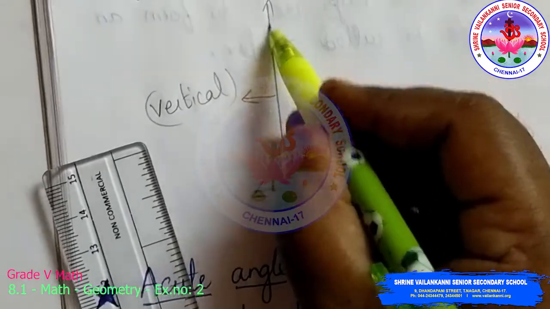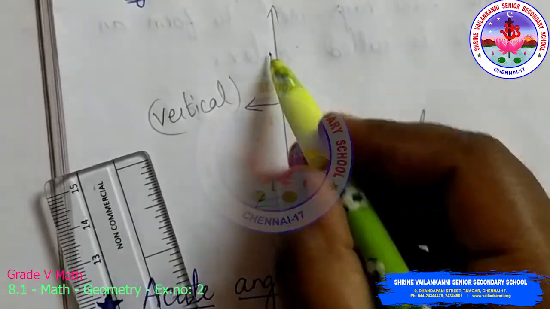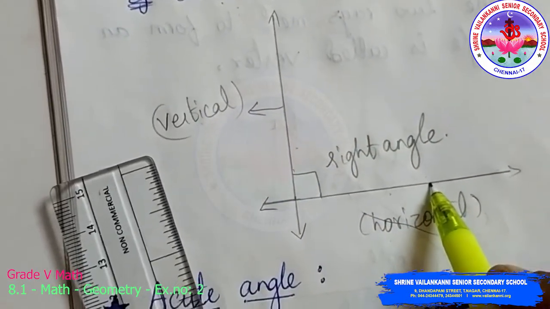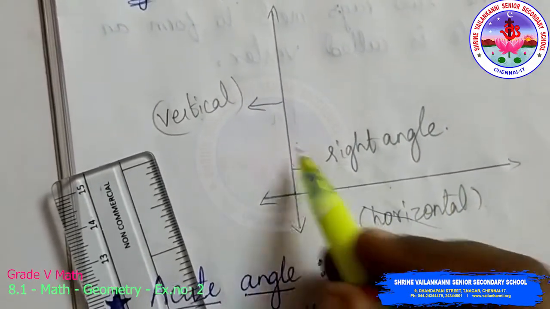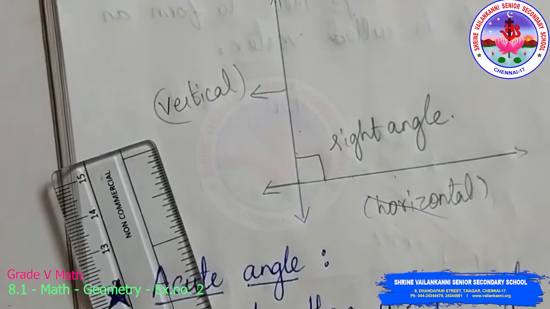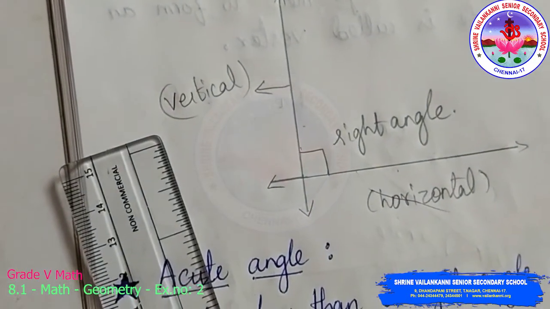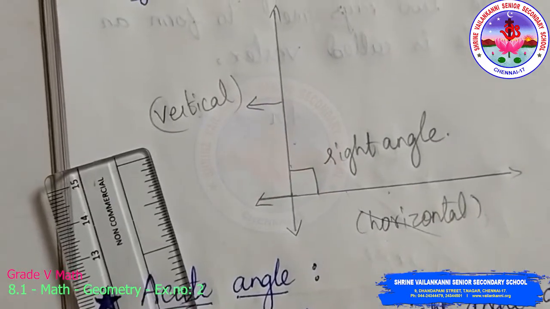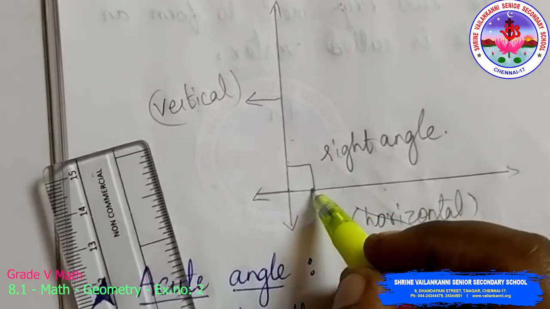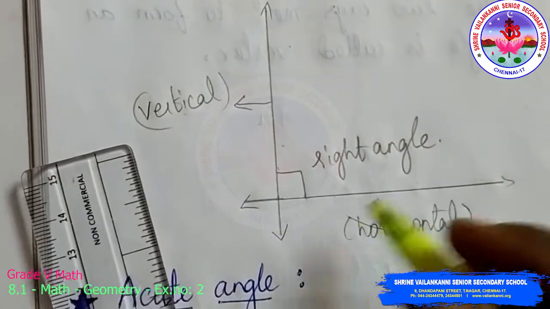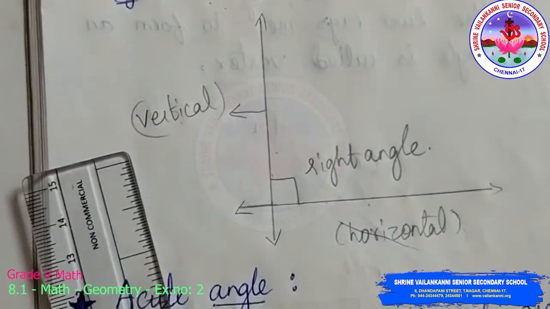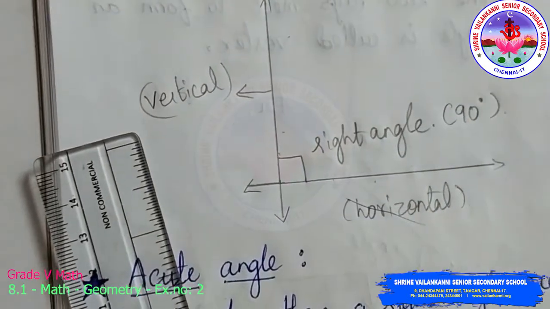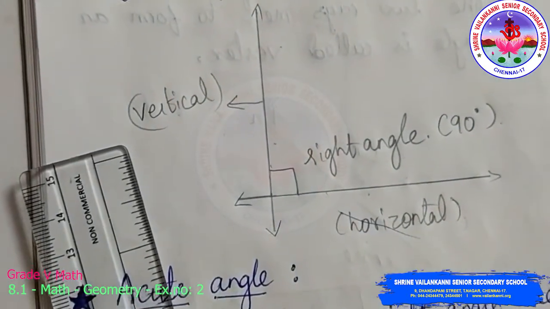If you imagine these two lines, which are said to be arms, in your wall clock at 3 o'clock, 3:30, 9 o'clock, 9:30, the angle formed will be a right angle. That is generally said to be 90 degrees. So the right angle will always be 90 degrees.